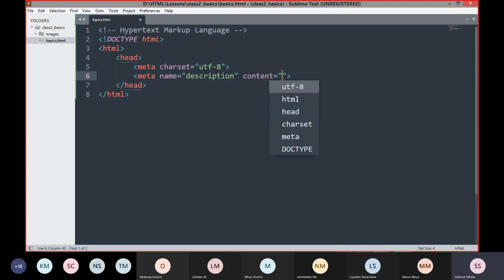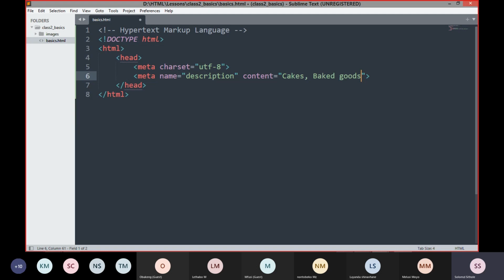And for content, you can write anything that defines the purpose of your website. It can be like an online store. This is where you'd write what you are selling. Maybe you are selling cakes. You can put here cakes or baked goods, so that when a user is searching, say on Google,